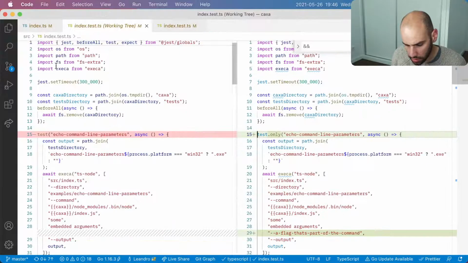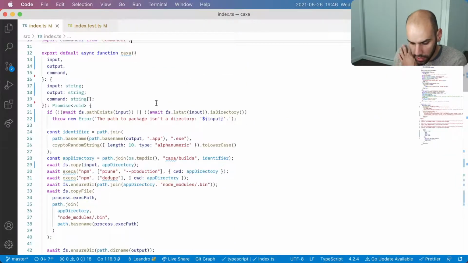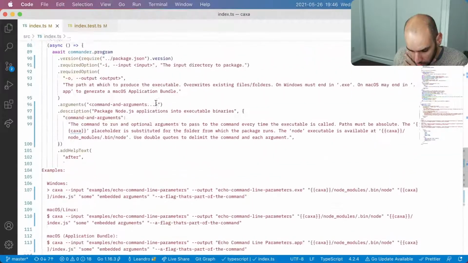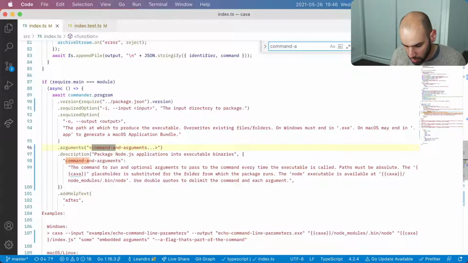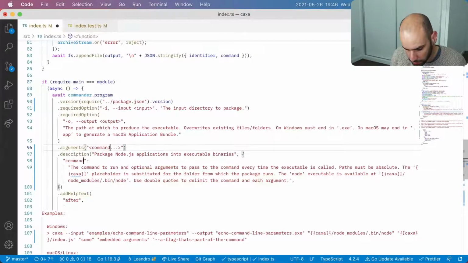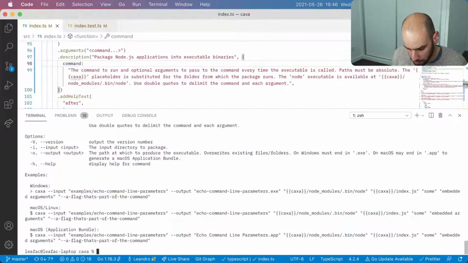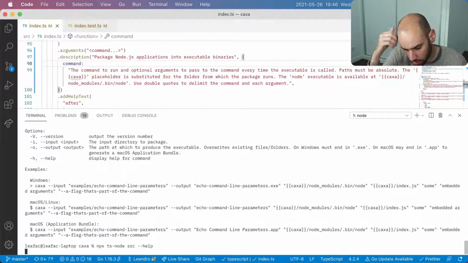I did not. And now let's see what this looks like here. So instead of calling this command and arguments, I'll call this just the command. Now let's see how the help looks.